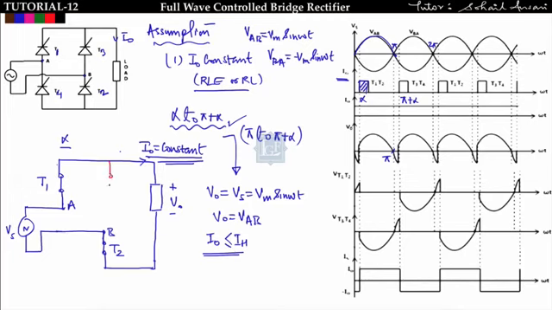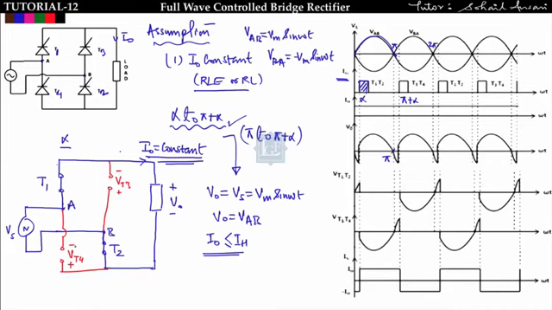So where is T3? T3 will lie somewhere here, connected to B, and the polarity of voltage drop across T3 will be from plus to minus like this. This is VT3. Now where is T4? T4 is connected to A. So T4 is something like this, and it is also open circuited from alpha to pi plus alpha, and the voltage polarity across T4 will be like this, VT4.